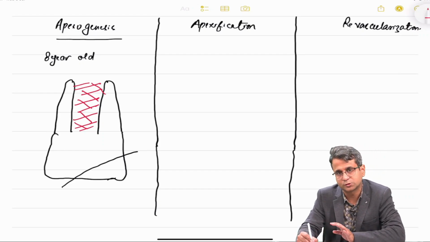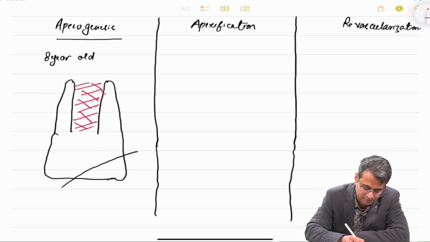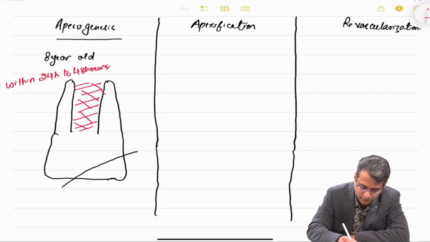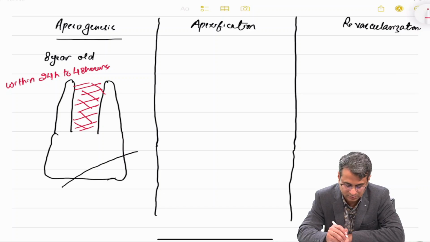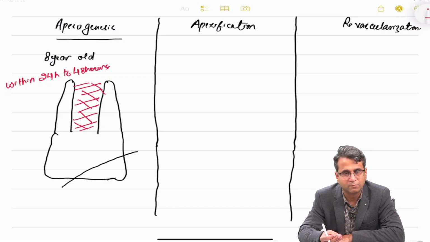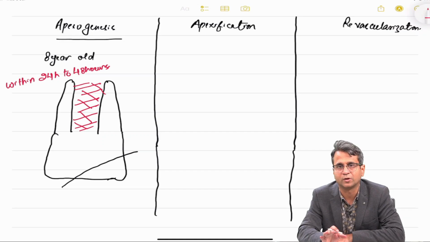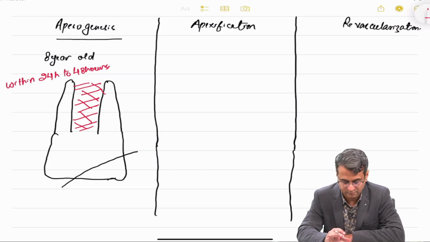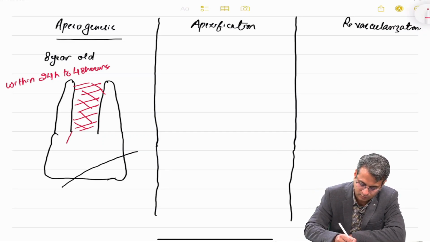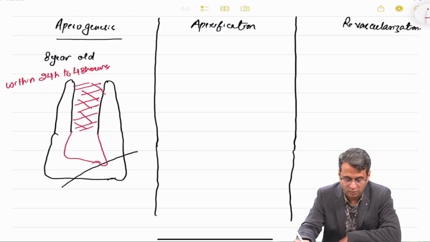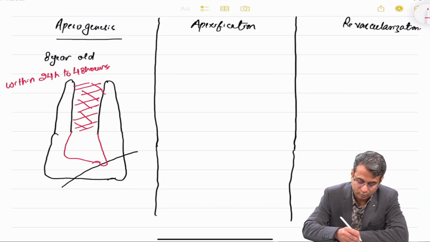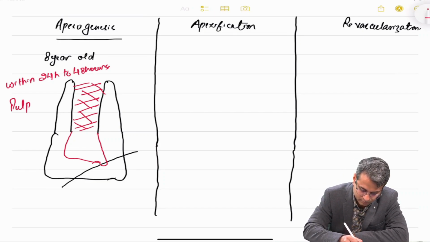So the patient reports to us immediately, meaning within 24 to 48 hours. Within 24 to 48 hours, the patient comes to us. So either trauma, or you were preparing a cavity, mechanical or iatrogenic perforation, an open apex case is there. So in that case, there is a pulp which gets exposed over here. What we are going to do is, generally we do a pulpotomy,